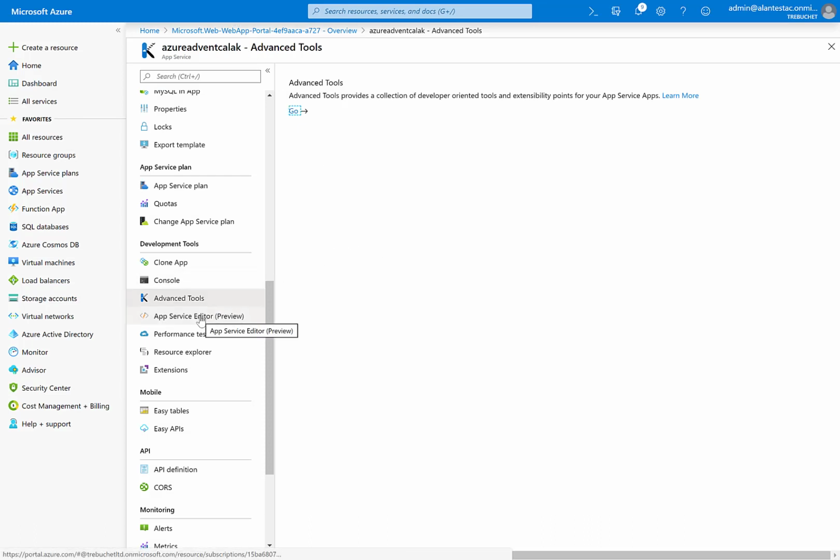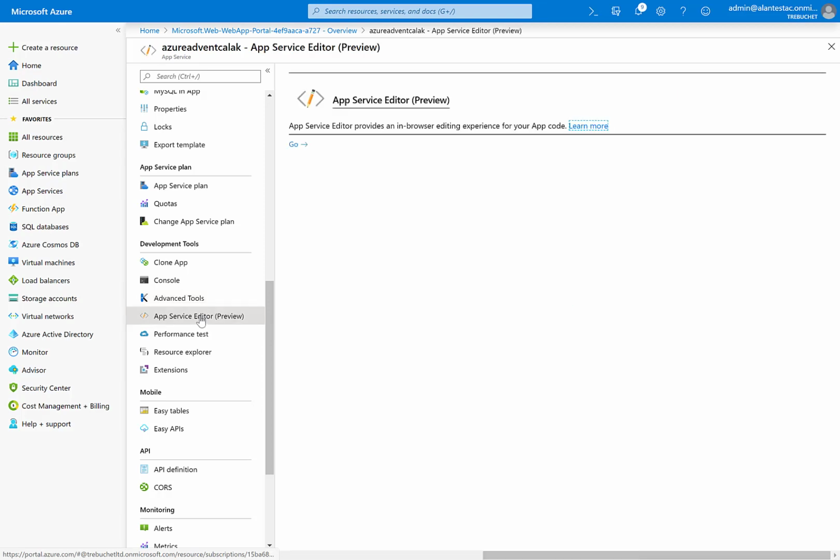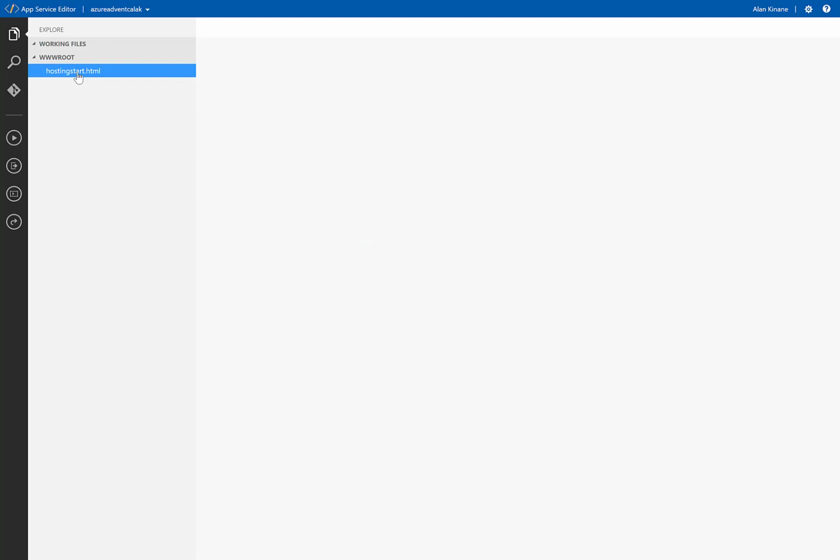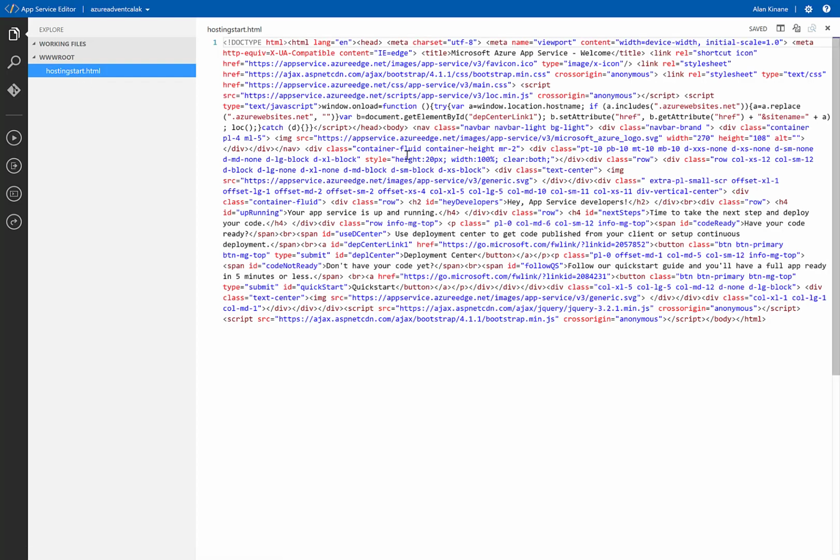This one, I only noticed recently, it's a preview feature of an app service editor. Now, we don't really have any code up there yet, but this is useful if you just need to make a quick change in the browser, essentially. And again, I would never recommend this for a production environment, but if you've got a test site up there and you possibly created a file and had a typo in there or something, rather than syncing your code again,